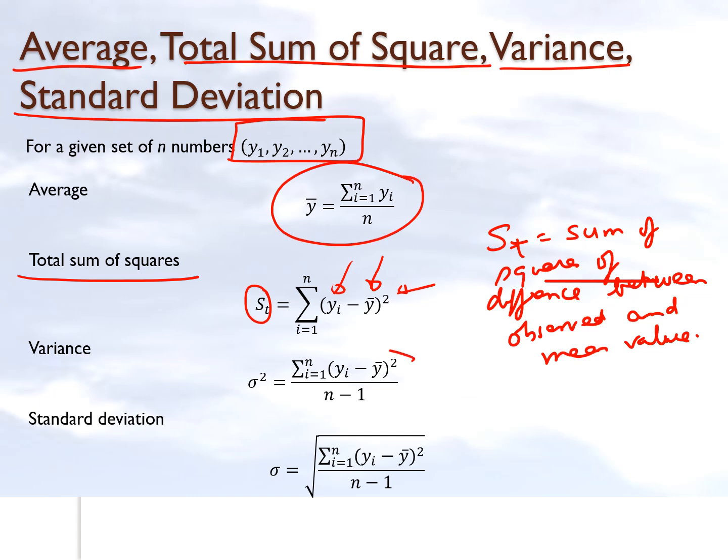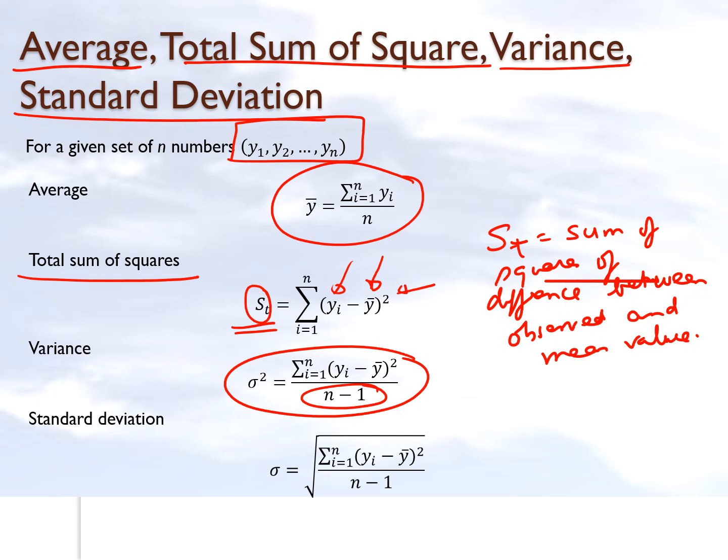Then we calculate the variance, which is sort of an average value of the total sum of squares, and we divide by n minus 1. Now somebody might say, hey, why do we divide by n minus 1? It's because we are calculating the sample variance and not the population variance. And that's going to create a little bit of bias because we have only a certain number of points which we are taking from the population. And because of that, we have to apply a correction so that it leads to a more accurate answer than by using, let's suppose, the value of n.